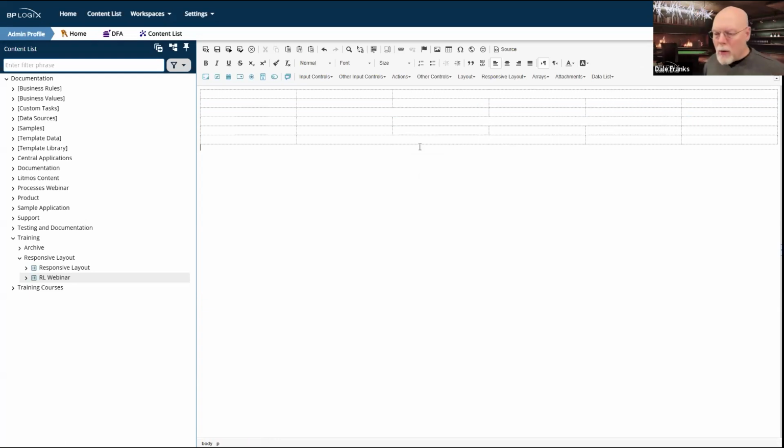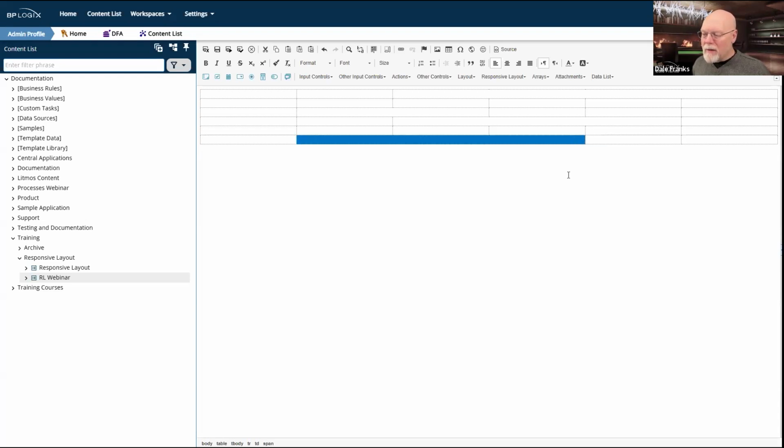One thing that you'll note, though, is that even though I can merge cells, I still have to merge cells within the existing column structure, right? So yes, I can merge this cell right here. Well, there we go. I can merge that cell, and it can take up 3 columns.